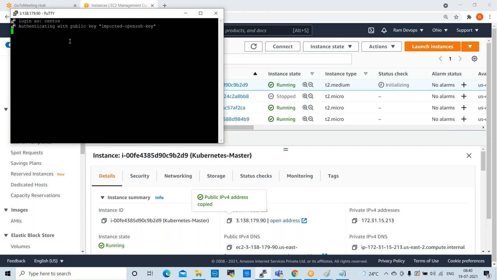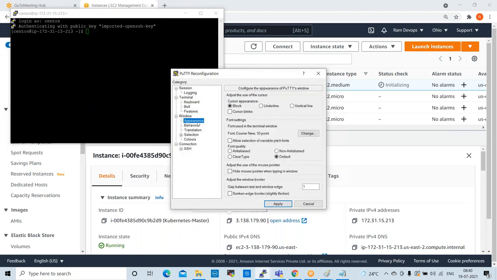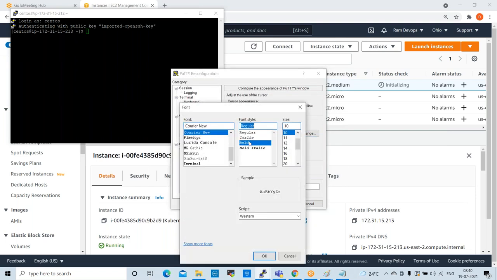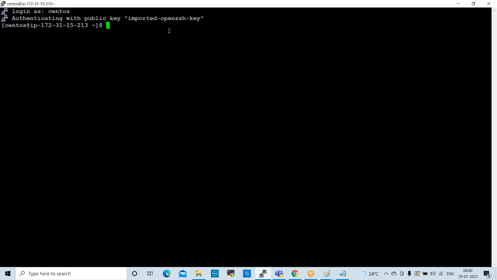CentOS, right? Yeah, this is Kubernetes master. I ping google.com